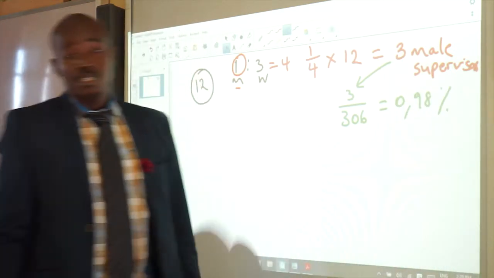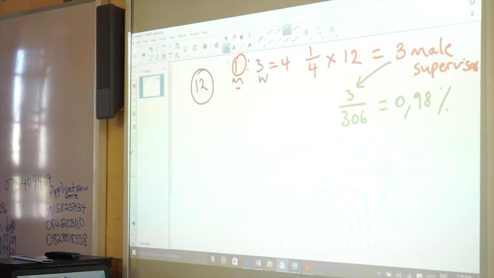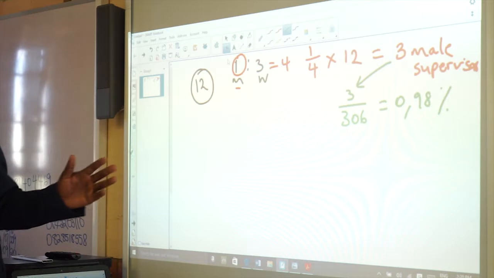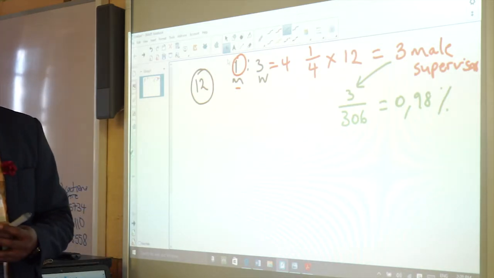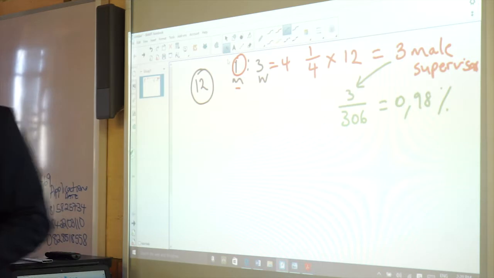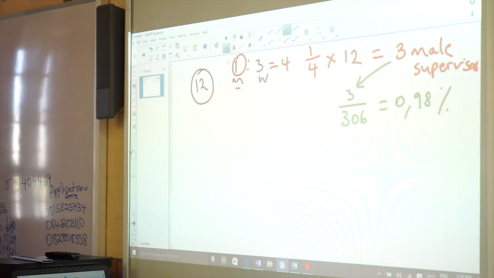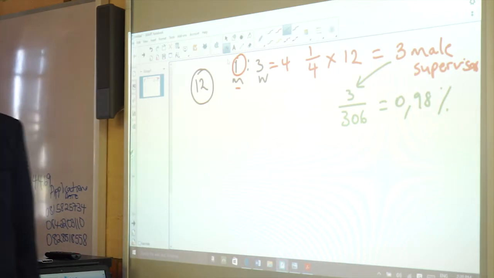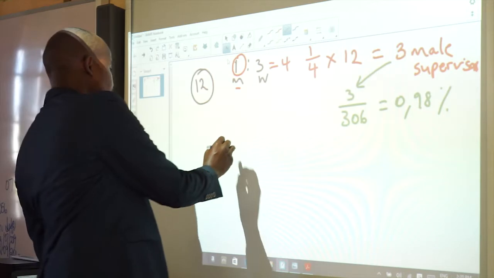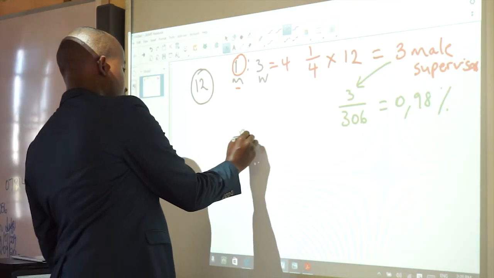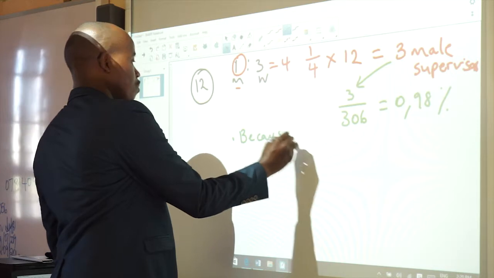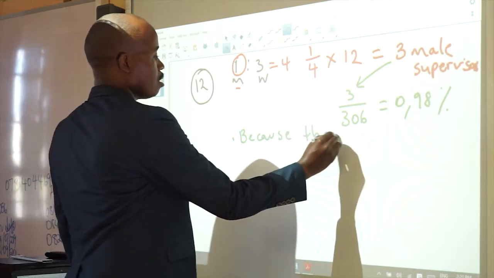So it's 0.98%. The expression of probability for anything less than 25% is most unlikely. I think you remember that, colleagues. Anything less than 25%, we say it is most unlikely. So that's the reason why. For now we have not answered the question; we are just explaining the answer that you are going to write down. So the answer is because there are few male supervisors, to be specific, because there are only 3